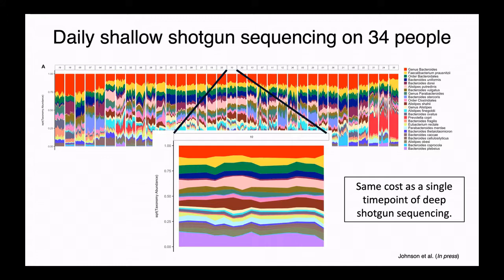You can see here some other things. Each person has their own kind of fingerprint. Some people have some neighbors, like these 3 people on the end, they all are Prevotella carriers. That tends to be a non-US bug. That's a bug that's more prevalent in developing nations. So these people have somewhat similar microbiomes, although if you look at the rest of the bugs, they have some differences. Everyone tends to maintain their fingerprint over time with varying amounts of variability. So some people are more variable than others. And importantly, we were able to get all of this very high resolution data at the same cost as a single time point of deep shotgun sequencing.